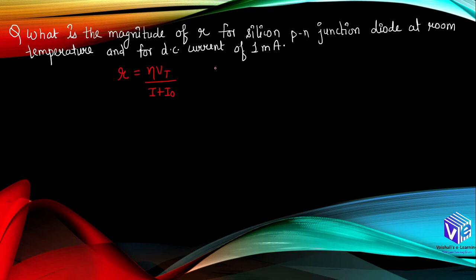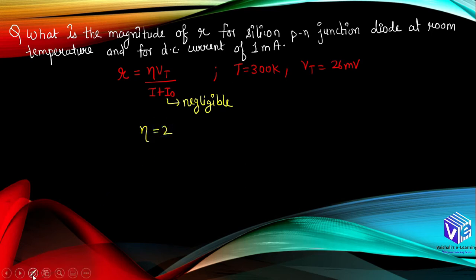Right, so the room temperature is 300 Kelvin, and we used to take Vt equal to 26 millivolt. Right, you can remember this, or you can find it with the formula as well. I have calculated it numerous times in the previous numericals as well. So now we are taking I naught to be negligible over here, because I naught is very small and it is given that we have the silicon PN junction, so eta will be equal to 2.